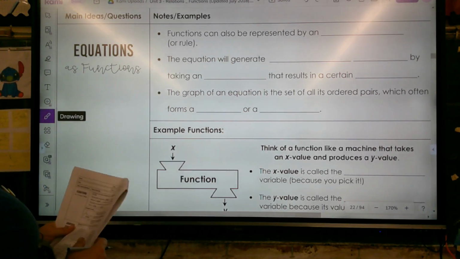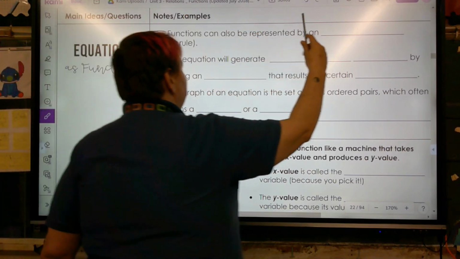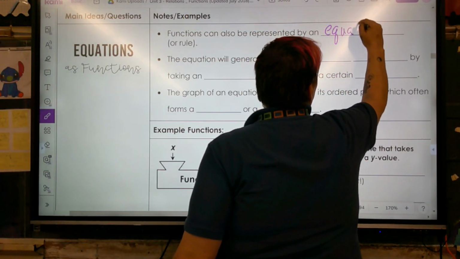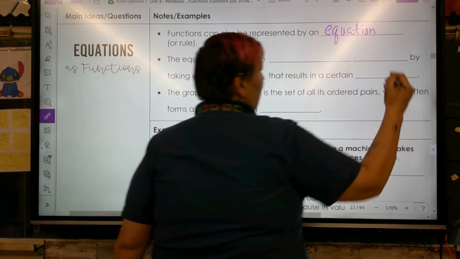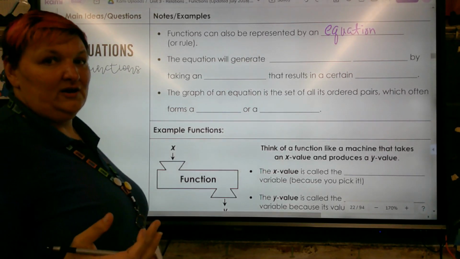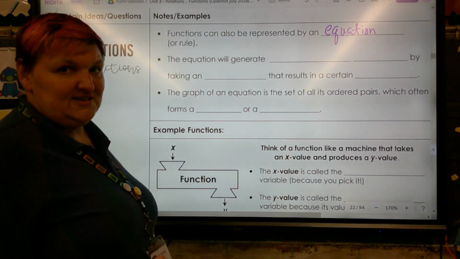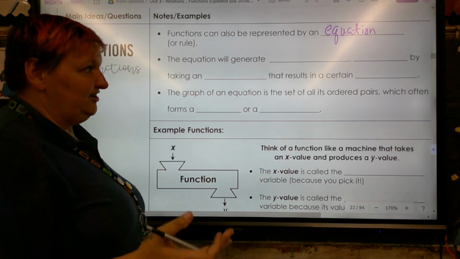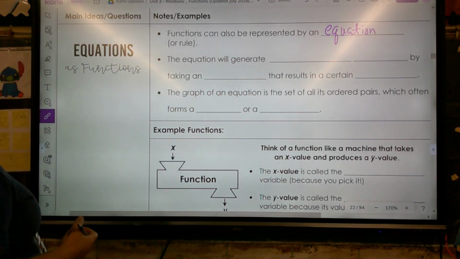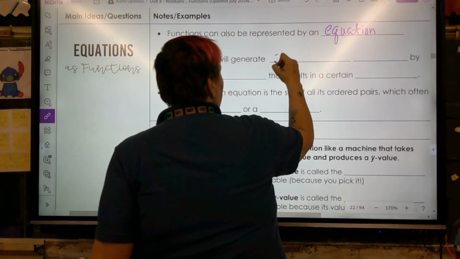Alright, functions can also be represented by an equation or a rule. It's just the rule. Remember our functions video where we talked about the gumball machine. It's just the rule. You put a quarter in, a gumball comes out. That's the rule. That's the equation. That's its function. Right? The equation will generate ordered pairs